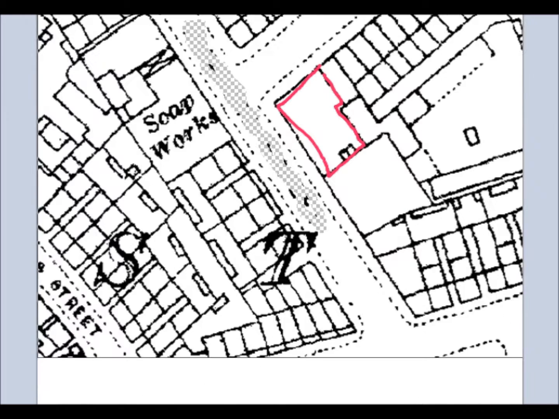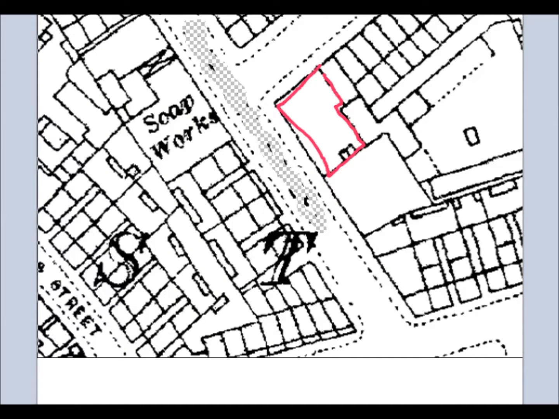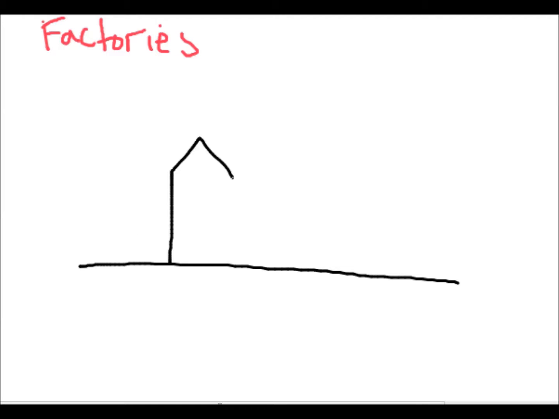So there could have been something going on there which wasn't great for ground quality. So we recommended some further work on that one. So we'll just run through why it's bad to have a factory on your site. Say we're looking at a section here, and here is a factory doing whatever. It's got a chimney, perhaps, or a stack as they call them,